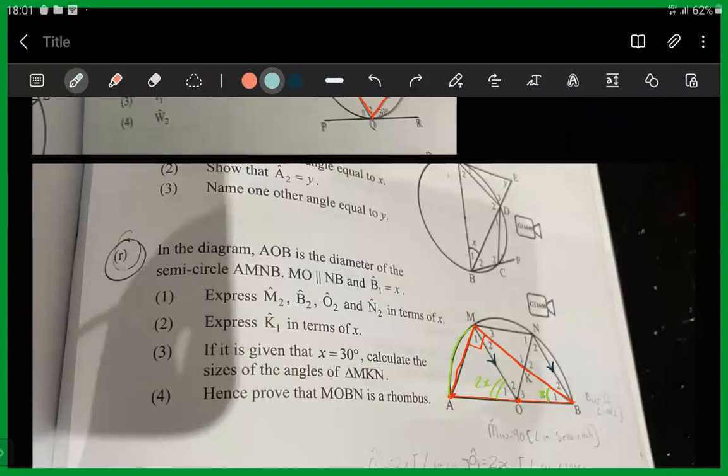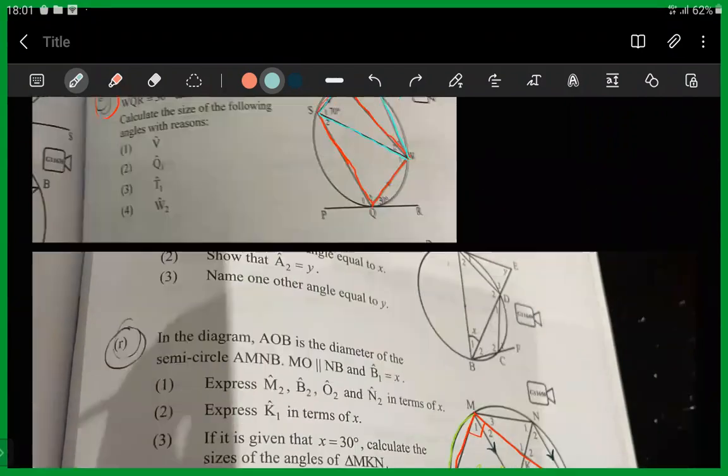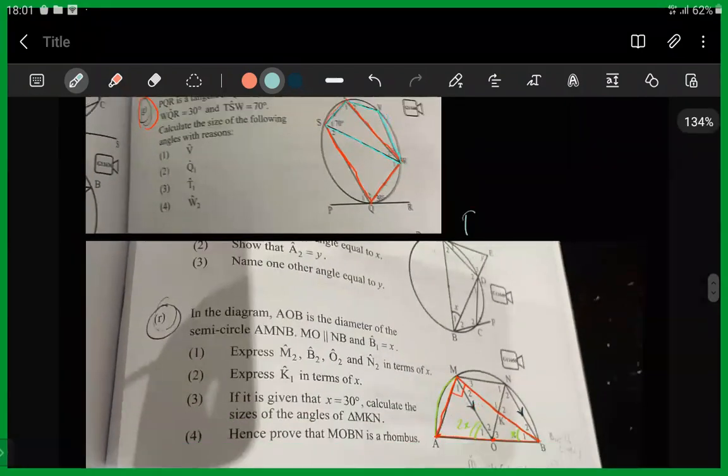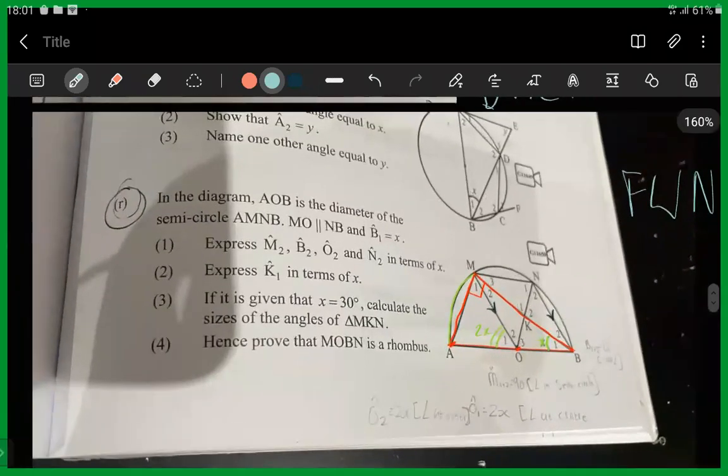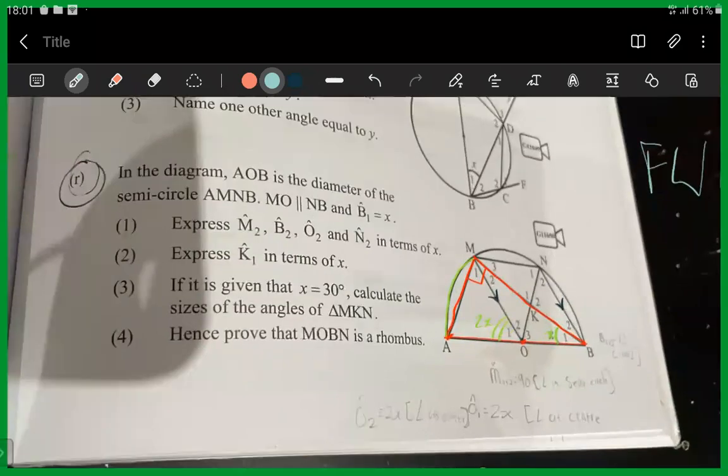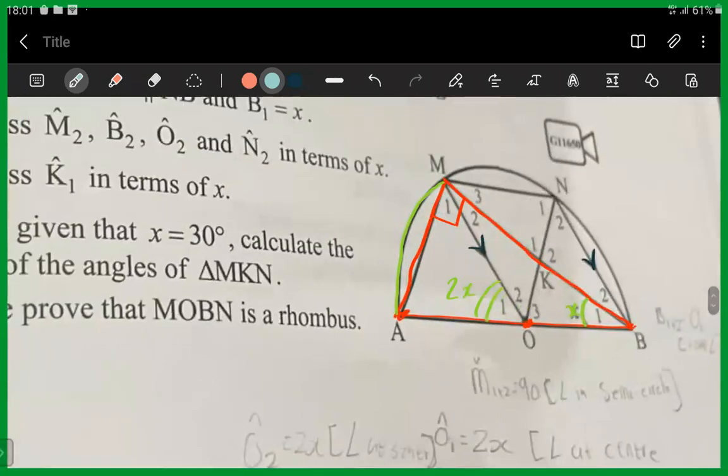So the one acronym that I actually should have mentioned quite often already is DRCPT. You see, this acronym reminds you of diameters, radiuses, cyclic quads, parallel lines, and tangents. You see? And then obviously phi is important because it reminds you of corresponding angles and interior angles and alternating angles. So all this being said, right? All this being said,